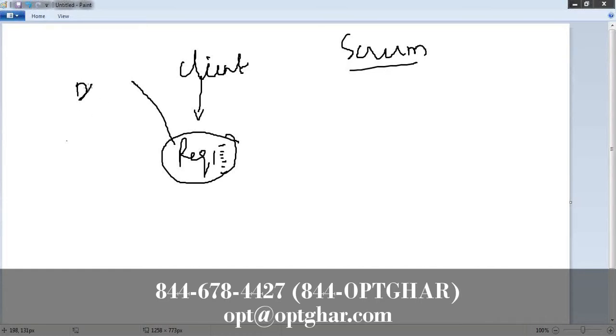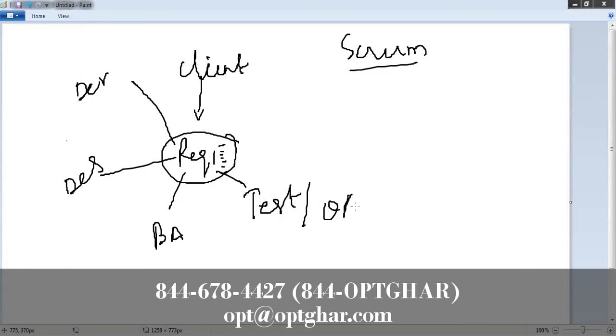Who meets? The development team lead, the design team lead, the PA, of course, the testing team along with the QA person, quality assurance, and our project manager. So all these people have to